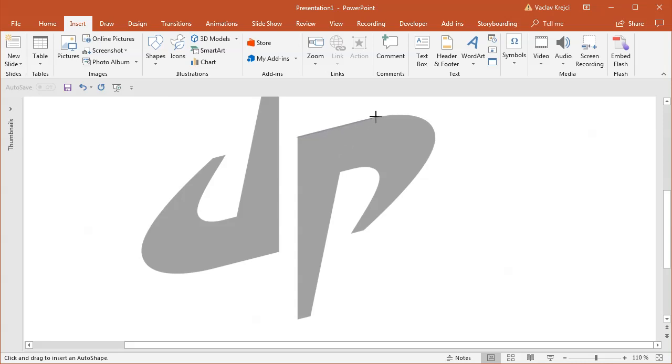This is like the straight line, so I will click in here. Here will be like a maximum point of the curve, so I will click in here. Same here, this is the next vertex, this is the straight line. There will be the maximum point for the curve. And here is the start of the straight line, straight line, straight line,